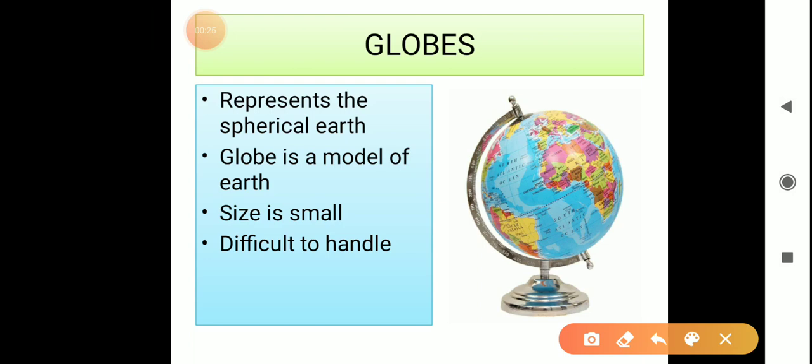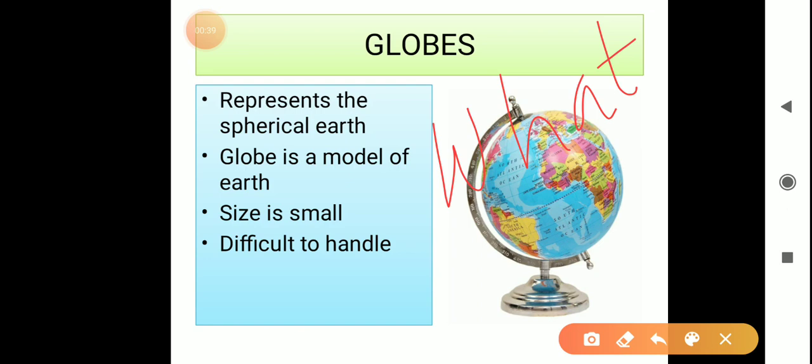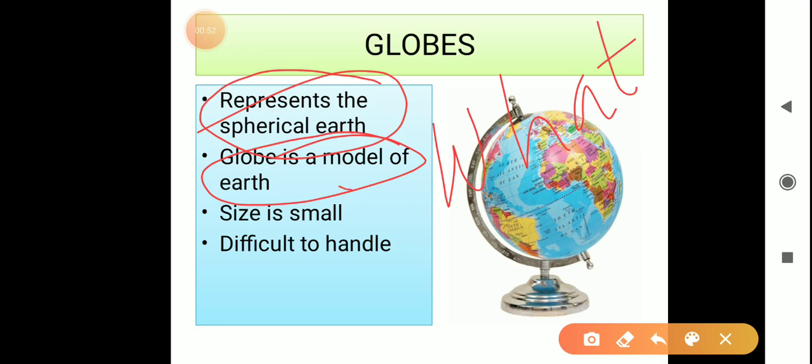You have seen a globe or a map of various countries. Let us learn how important globes and maps are. What is a globe? We use a globe to represent the spherical earth. The globe is a smaller model of the earth. The shape of the continents and oceans are quite precise on a globe.